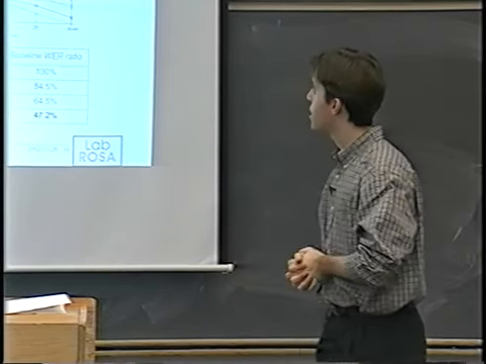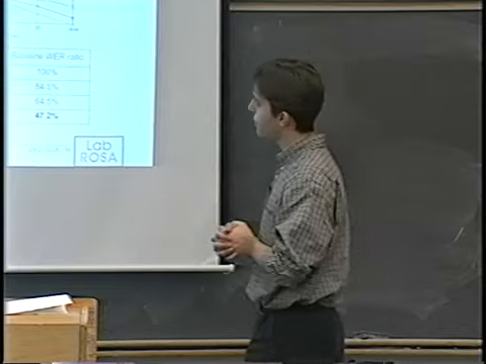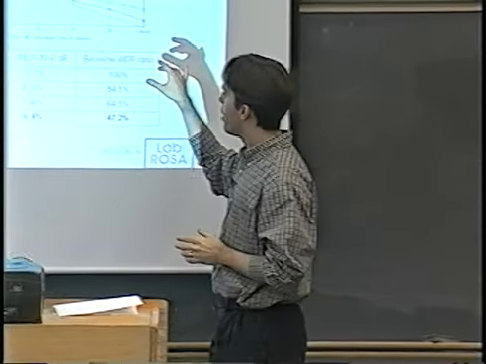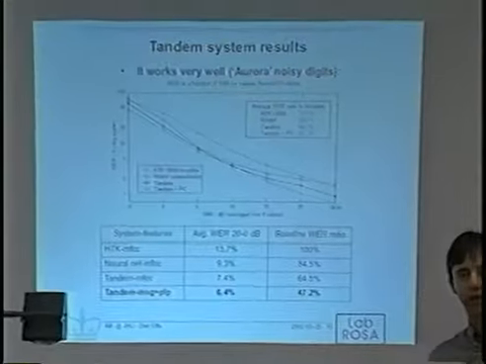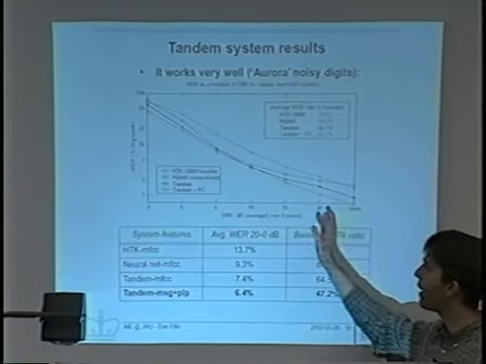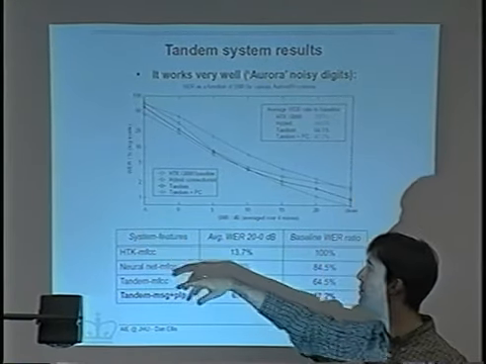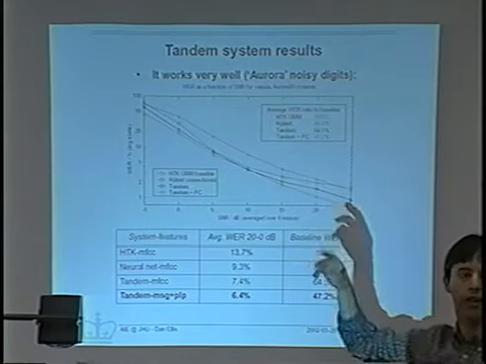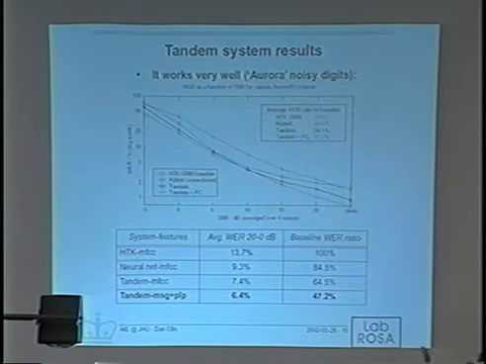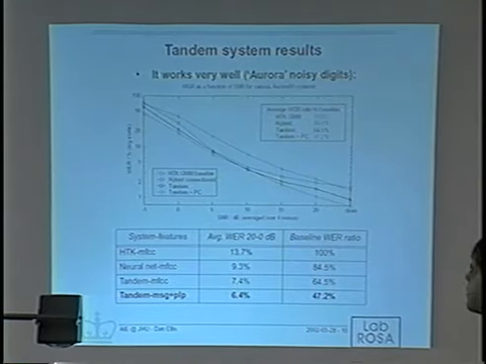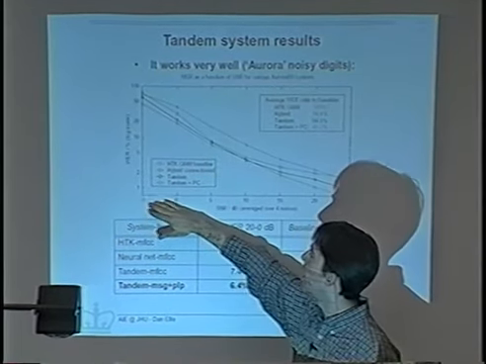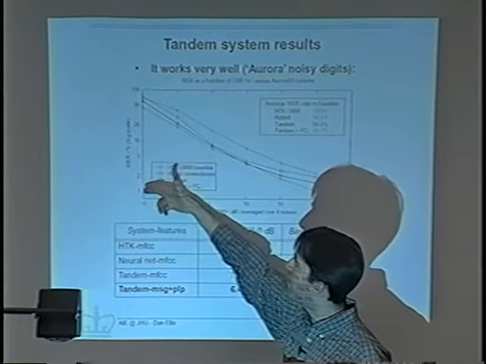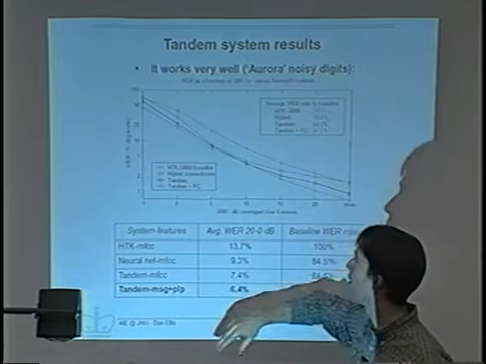So here are the results we got. The Aurora task was TI digits, but at a variety of different signal-to-noise ratios, from clean through to -5 dB SNR. And there are like 4 different noise kinds, the sort of hallway, train, car. And so this plot is showing you the word error rate, but it's on a log scale. So this is 1% word error rate through to 100% word error rate.